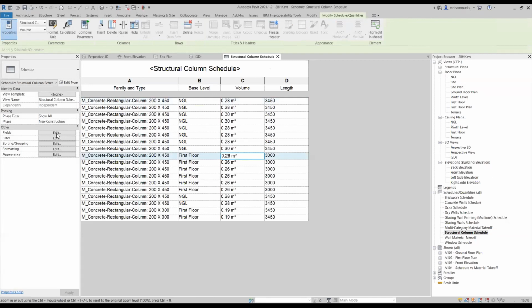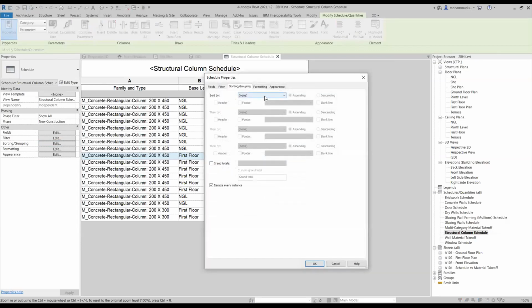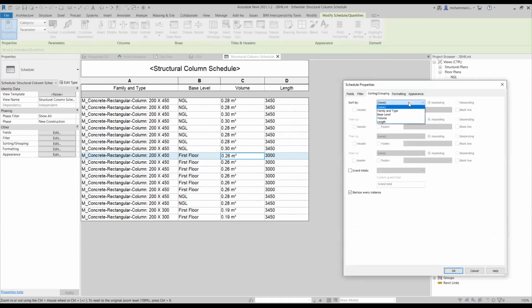I can simply go for the properties of the schedule, and under the properties, I have an option called grouping and sorting, and I can go for grouping according to their properties as well. So here we can sort by different fields which we have used here. I've used family and type, base level, volume, and length, and all those fields are also available for creating groups as well. So I'm going to group it by, let's say, first family and type, and then I'm going to group them by